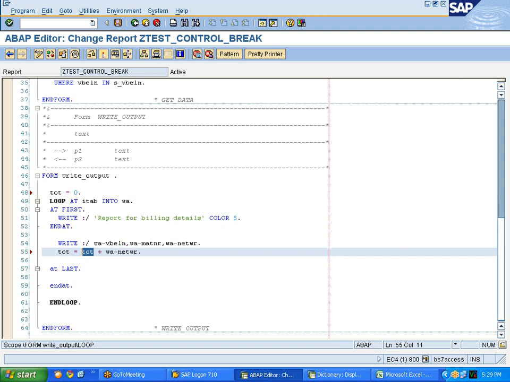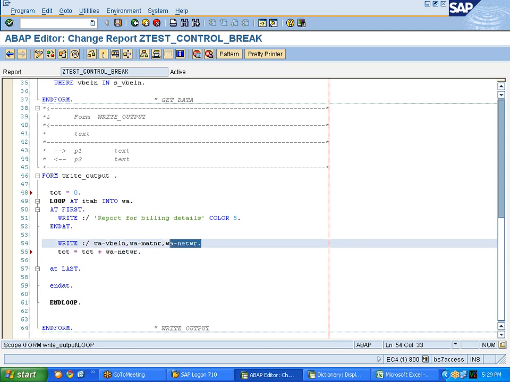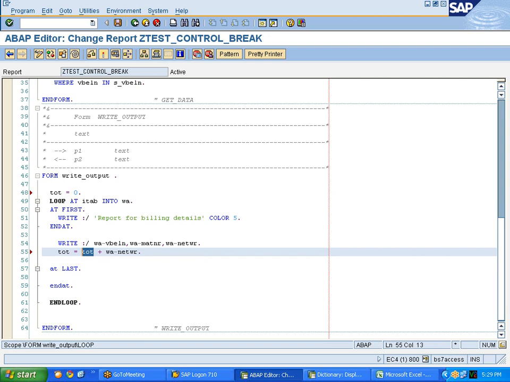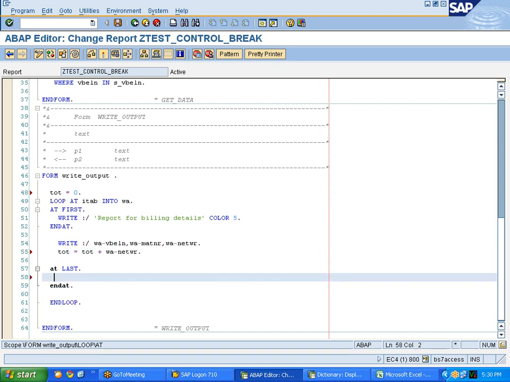So when the loop is coming for the first time, whatever is in the work area will be added to the 0. So 0 plus, for example, 5 rupees, is 5. Now 5 will be there in the total. When the loop is coming for the second time, 5 plus what is there in the work area. Like that it will accumulate. At the end, what will I do? I will say write